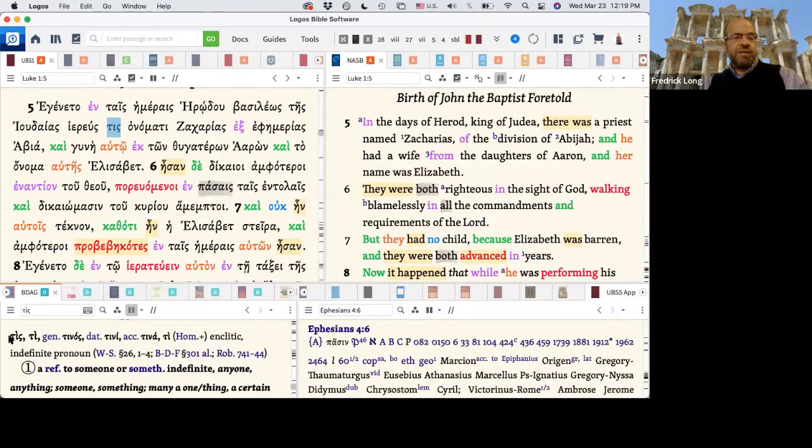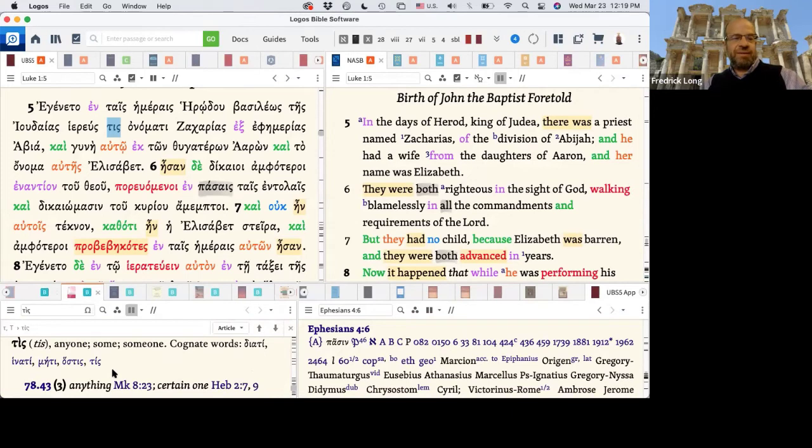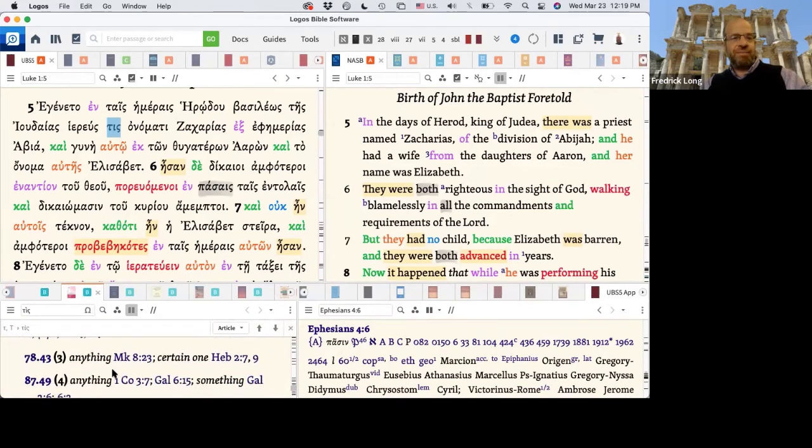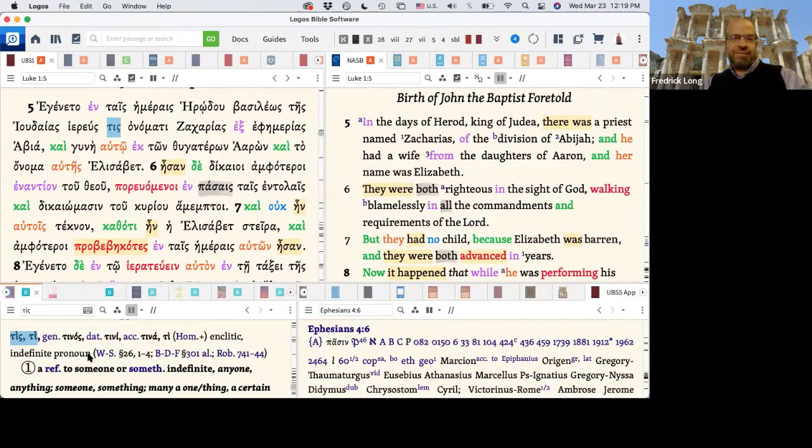Notice that it's putting the accent as a grave, which means that something unusual is happening here. Normally it throws it off. And in BDAG, the accent is placed as a grave because there's no other word to throw it to. Yes. Okay, that makes more sense. I was a little confused for a second. I was like, wait, this is someone or anyone, but there's an accent in BDAG. Okay, thank you. Sorry. No, it's okay. It's an enclitic, so that means it throws its accent back. So look at its forms.